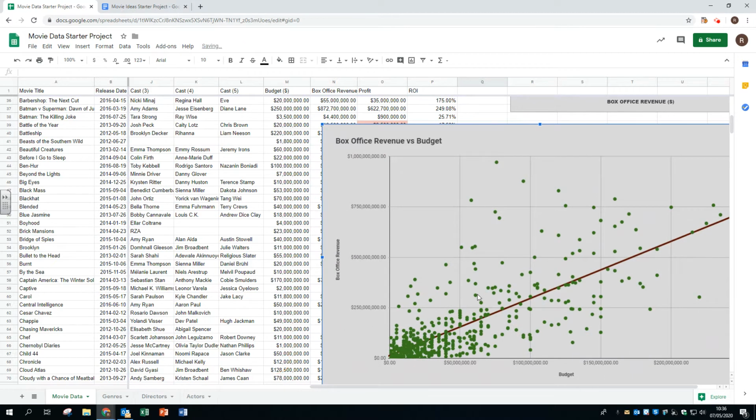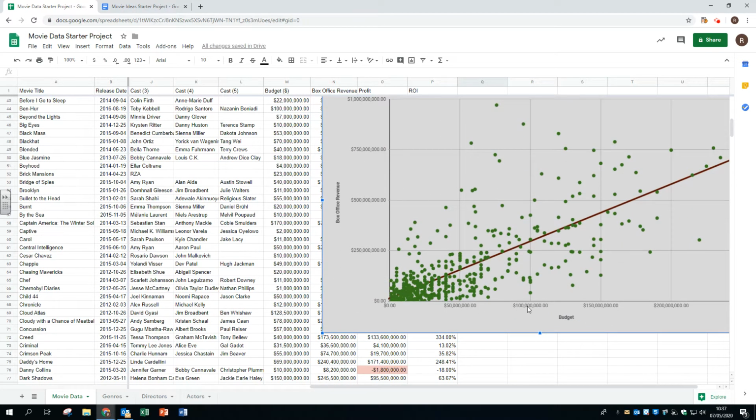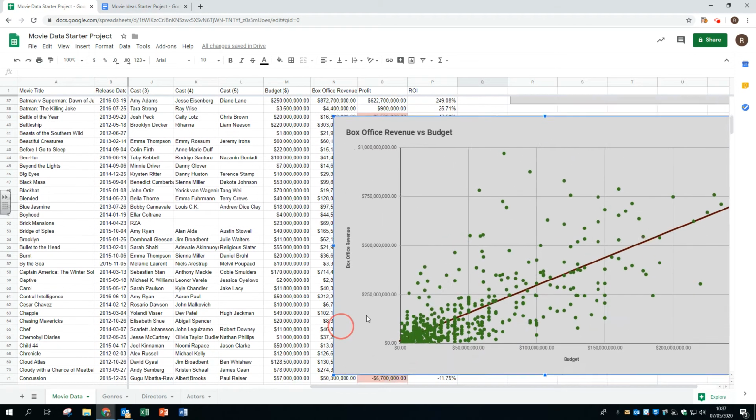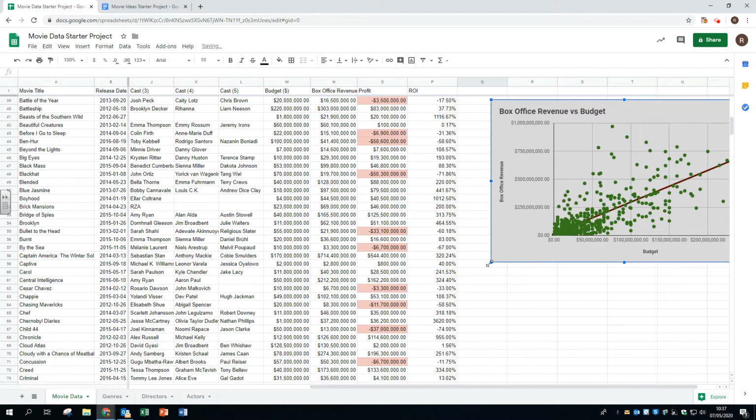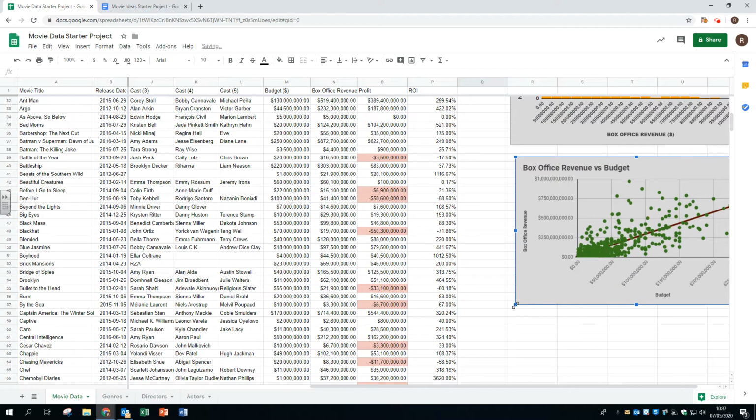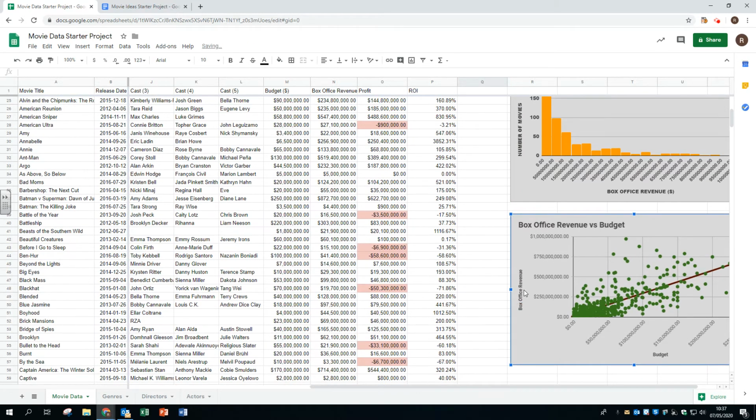if I make this bigger, if you were to have a budget of $100 million, you should be looking at a rough average box office revenue of about 300 million. That's what tends to be made. As you can see, I made this graph bigger so that it's easier to read the data on that. Bear in mind, we will be using these graphs later on, so please try to make sure that they are